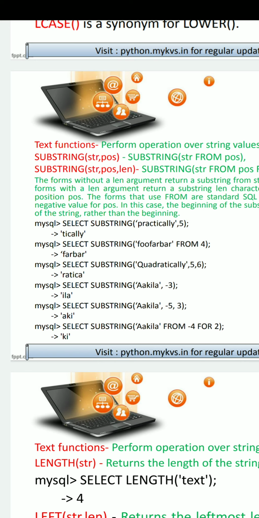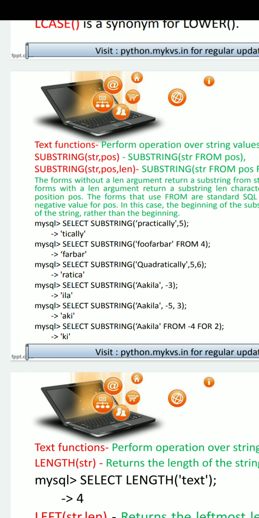from the end position, then -2, L at -2 and I at -3. So -3, then -2, then -1. So ILA is returned. In this example we are mentioning from -5 and only 3 characters.